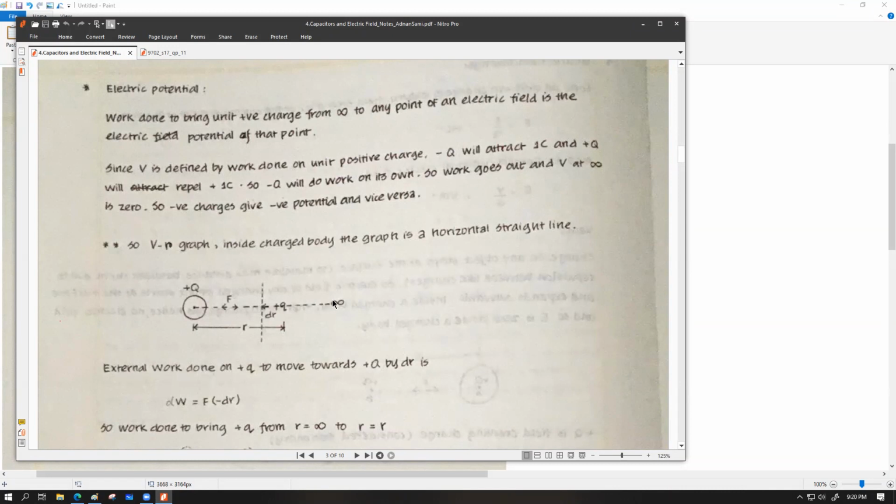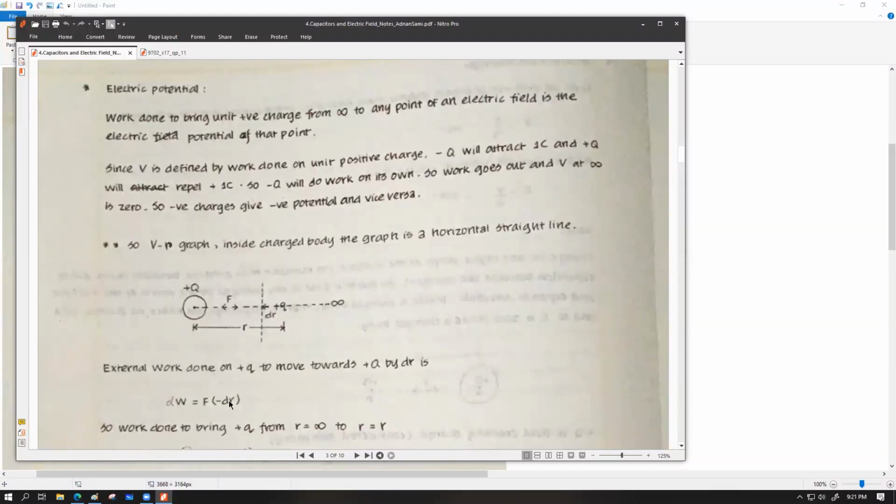means if we want to bring the object, bring the plus Q charge, test charge from the infinite distance to this position, these two charges are going to repel each other because they are both positive charge by our description. So if we want to move this test charge from here towards the left, we have to push from an external source to bring the test charge closer to the plus Q. To achieve this, we have to do some external work. That's why. And so external work done on Q to move towards plus Q by dr is dW equals to